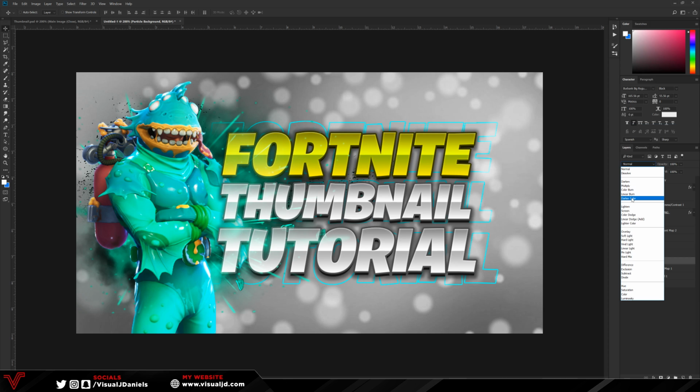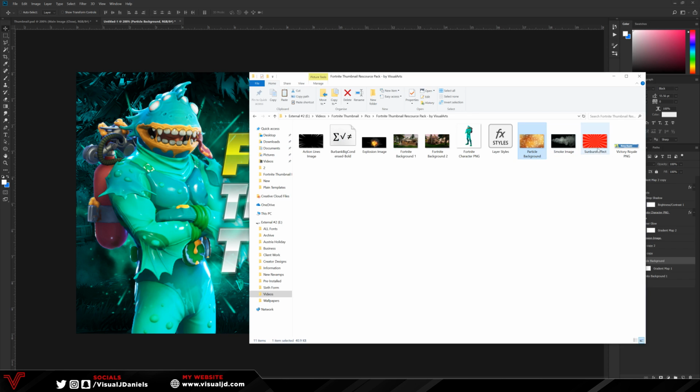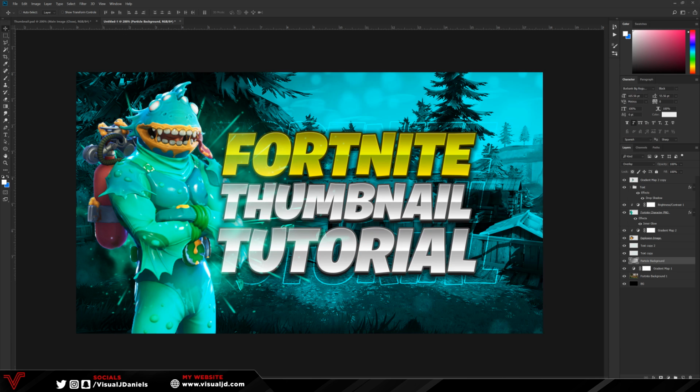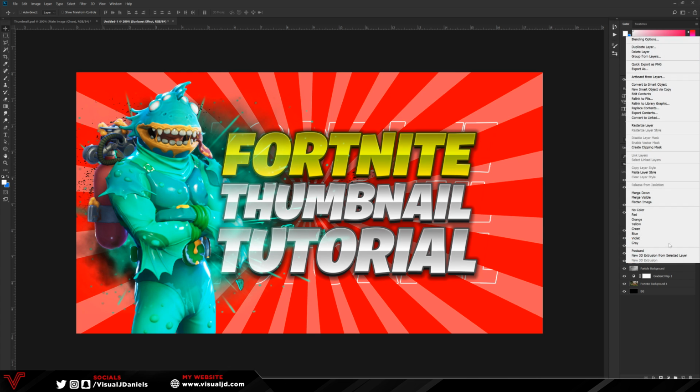And now what we can do is change the blending option mode to overlay, and it will create this really nice particle effect and also darken the background a little. The next effect we are going to add to the background is going to be the sunburst effect. So drag and drop that into your document, press OK, and as you can see, it is colored also like